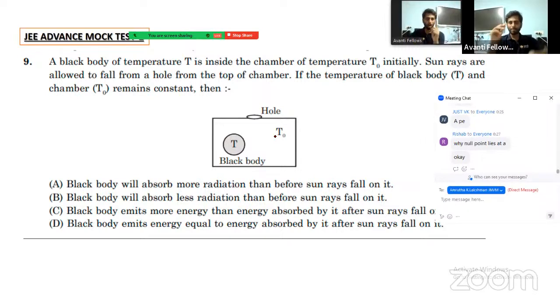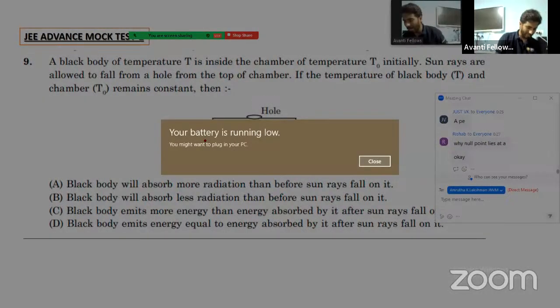A black body is given. Look at the black body inside the figure. This is the black body, its temperature is T, and it is kept inside a chamber. मान लो ये रूम है ना, I am the black body, मेरा टेम्परेचर T है। Sun rays are allowed to fall from a hole at the top of the chamber. मेरे सीलिंग में एक चेंबर है, ओपन कर दिया मैंने, सन रेज को इधर आने के लिए, इंटर करने के लिए छोड़ दिया मैंने।